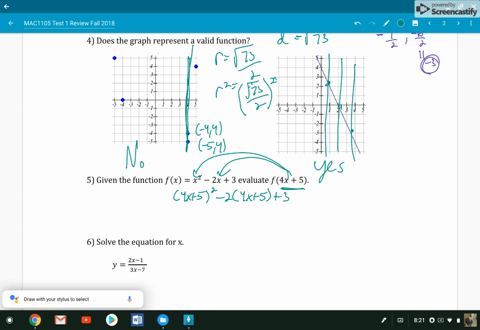Now be careful with this 4x plus 5 squared. It's not just 4x squared and just 5 squared, but it is 4x plus 5